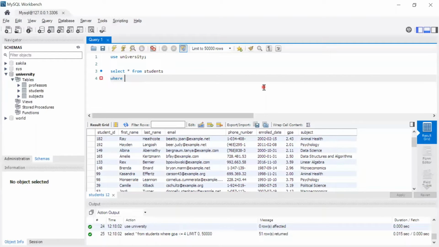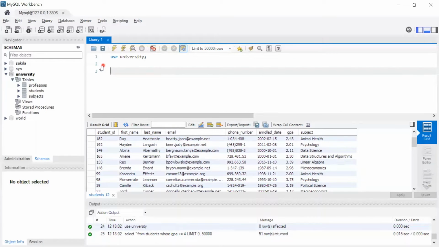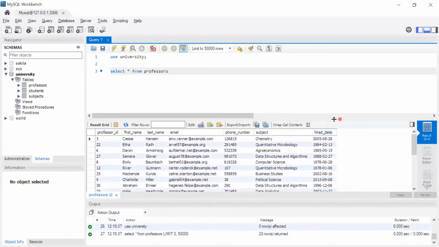So I'll delete this condition, and now I'll just delete the whole thing. Suppose I want to see all of the professors that were hired before a certain date. I'll just say select star from professors. So we're looking at the professors table and I hit run. There's this column hired date, which shows when the professor was hired. I want to see all the professors that were hired before a certain date. So I will say where hired date, the hired date column, is less than or equal to